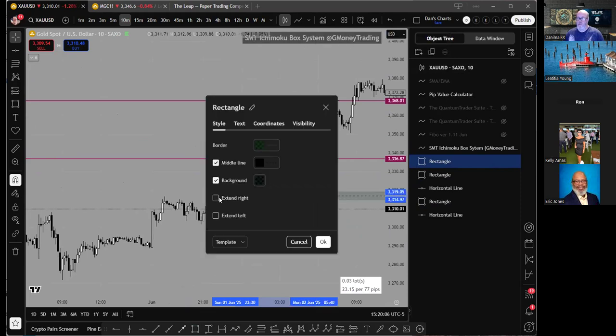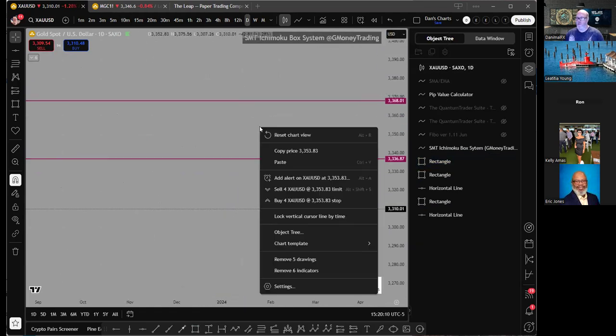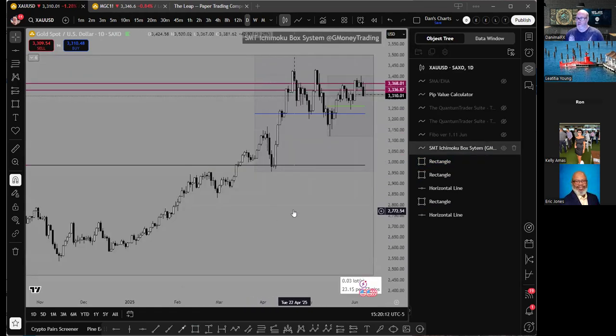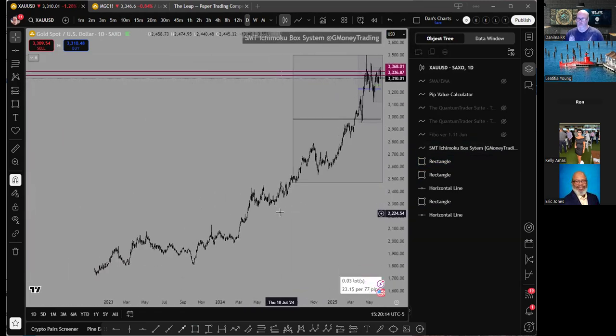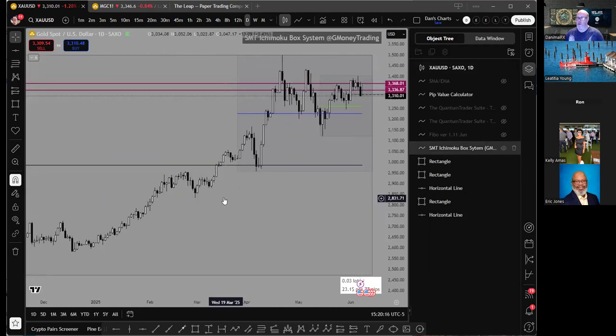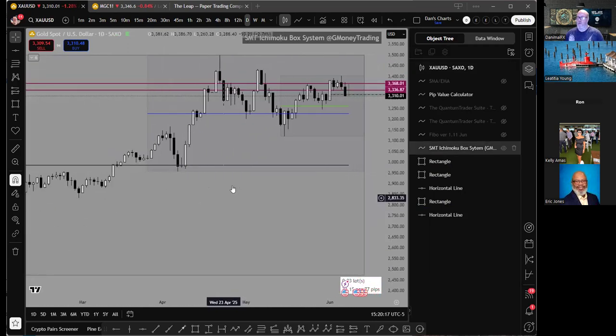So I'll put the extensions on there. We'll go with the higher time frame. That's where you start with the daily, walk down, look for different price areas. That's too far, but yeah. So we're still bullish on the daily. We're probably just going to get a pullback to 32.50. If not the 32.50,